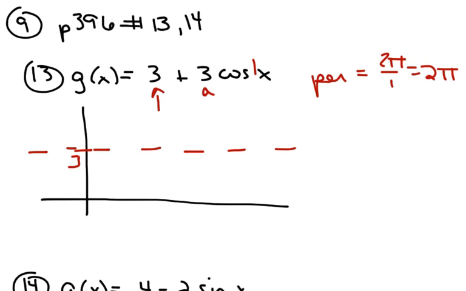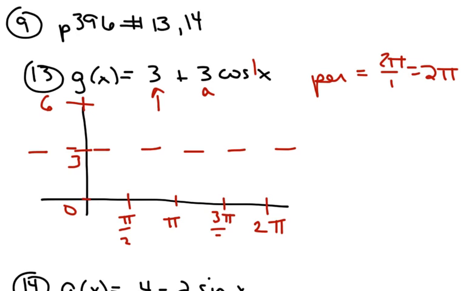The amplitude tells you how far above and below that middle line you go. So if you go 3 above that middle line, you're at 6. And if you go 3 below, you're at 0. Now I'm going to put the end of the period out here at the end. So if the end is 2 pi, the middle is pi, this is pi over 2, and this is 3